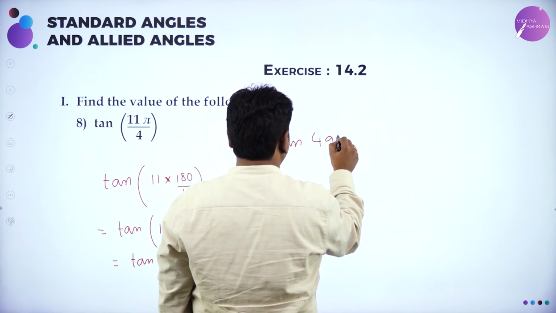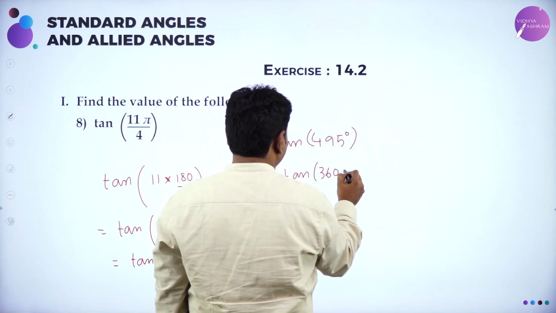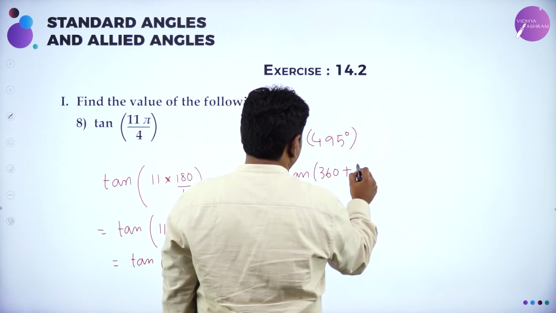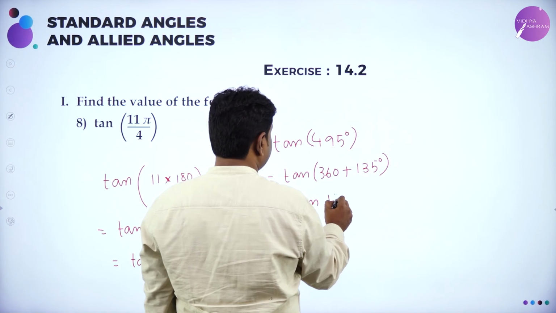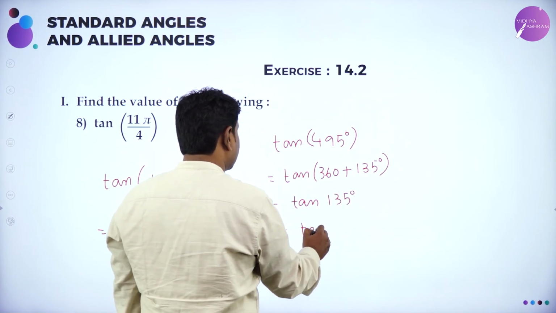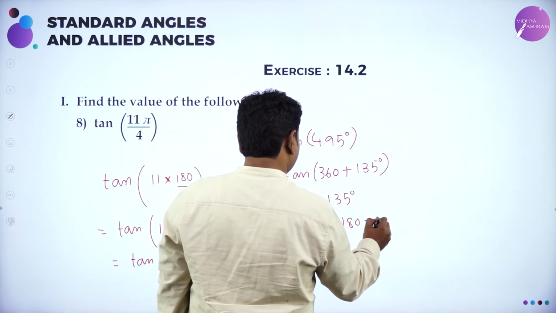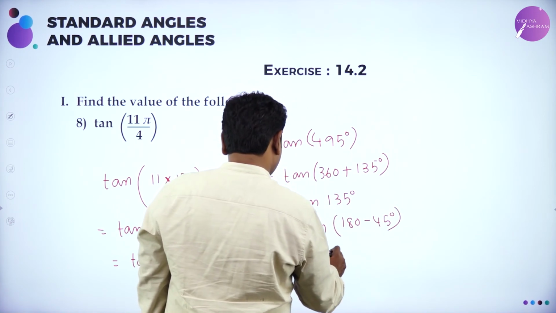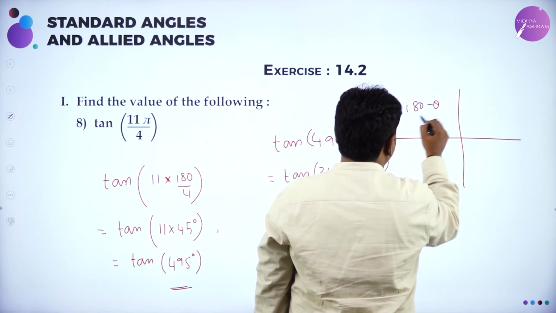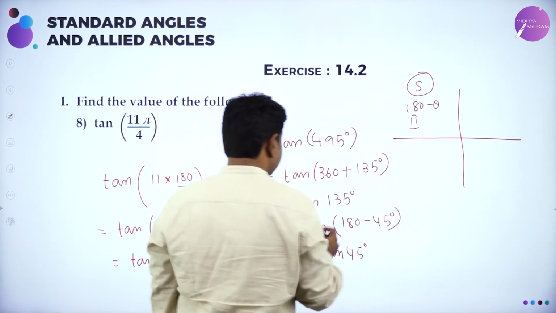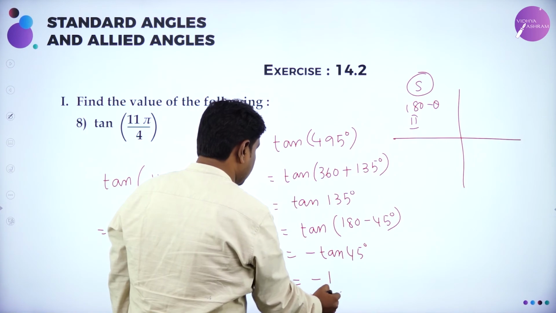So tan 495 degrees, can I write this as tan of 360 degrees plus 135 degrees? Further, it is in the form of tan of 360 plus theta. Tan of 360 plus theta is tan theta, lies in first quadrant. Tan 135 exceeds 90. You can write 90 plus or 180 minus, anything fine. I'll write 180 minus 45. For 180 the function does not change. Tan will be tan 45, but all of you know 180 minus theta lies in the second quadrant. Alphabet is S, meaning sine and cosecant are positive, but this is tan, so it is negative. So it does not match. So minus 1 is the answer.